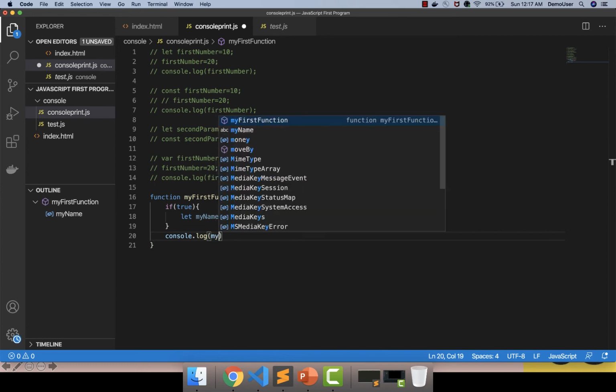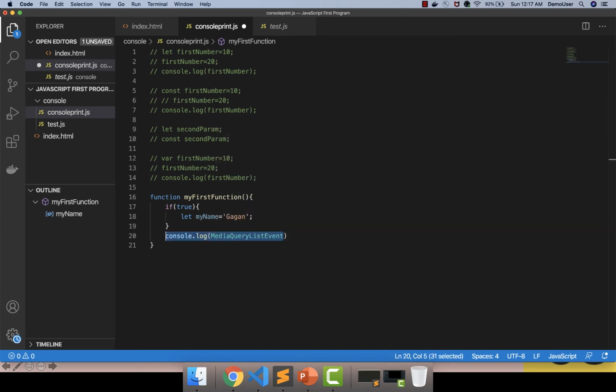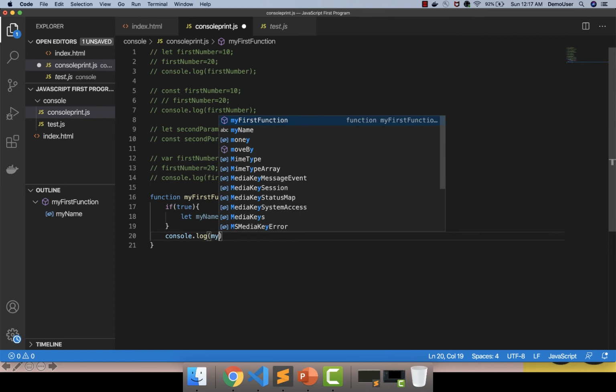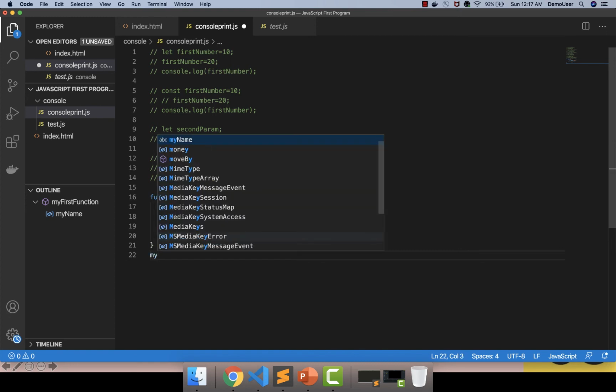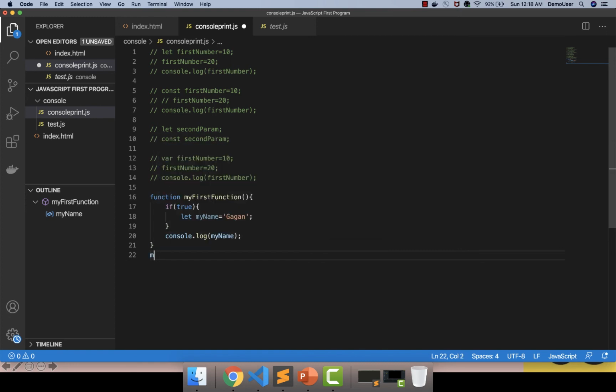I will say my name. Save it and I will call this particular function. So I will give the name, my first function, and I will save it.